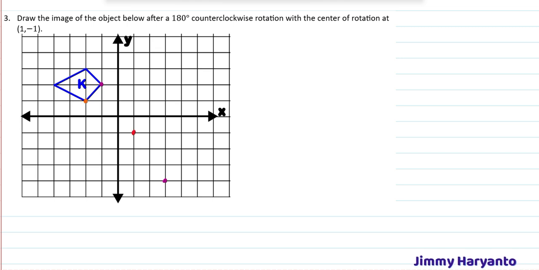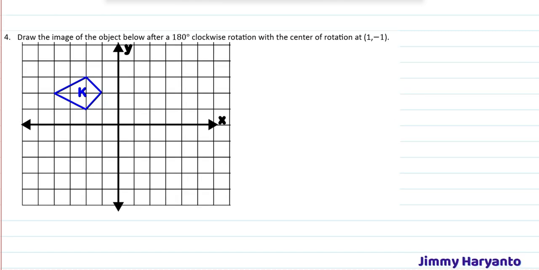let's choose this one. Okay, create the line, and then 180 degree counterclockwise around that big, and then extend the line. Let's extend the line, draw another line as long as the first, maybe, yeah, like that, and then this is the image. There you go, we already have 2 points. I think you can imagine the shapes right now. The shapes will be like this, and this is K prime.